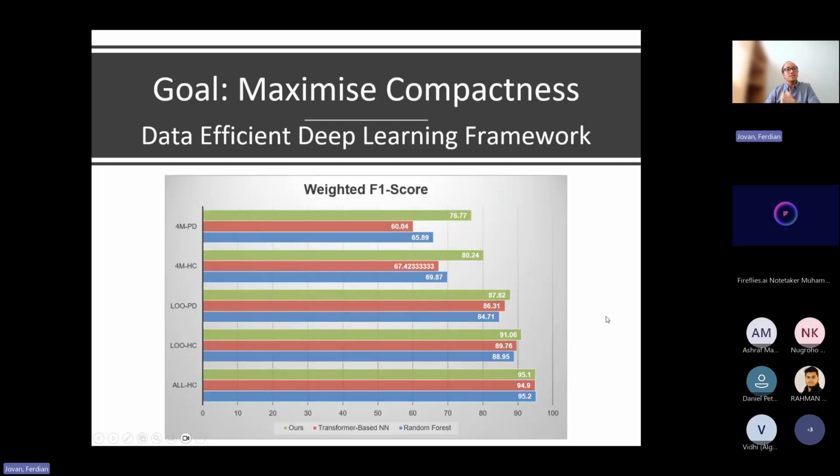In terms of the results, we show that in general it's good. The other thing that we want to focus on here is what if we reduce the amount of training data that we have to as little as possible. Why is that? Because the data that you collect is coming from one house. What if you want to deploy the whole system into a new house with a new layout of access points? You cannot fine tune that in the new place. So what you need to do is collect new data from that place.